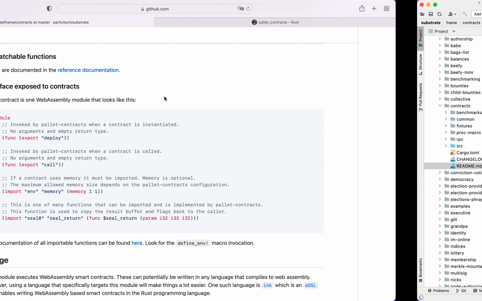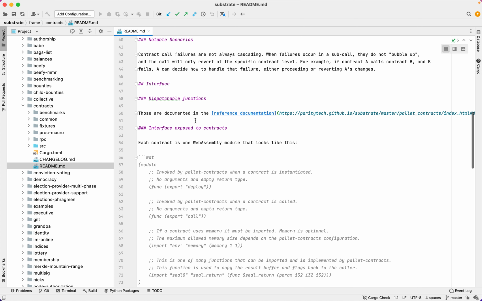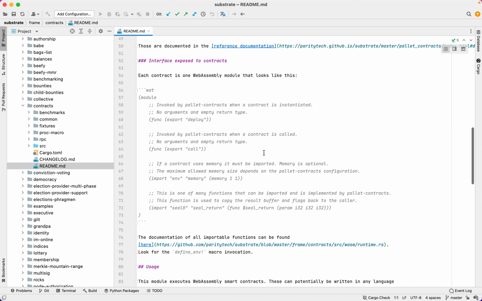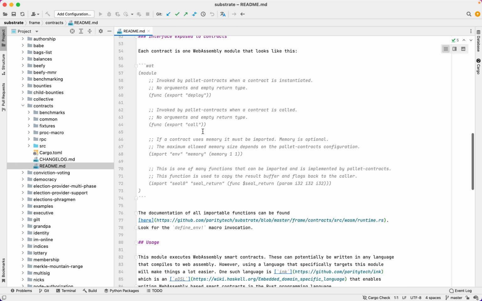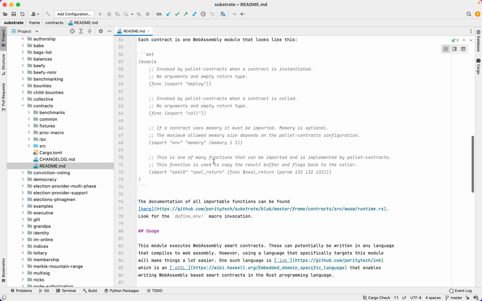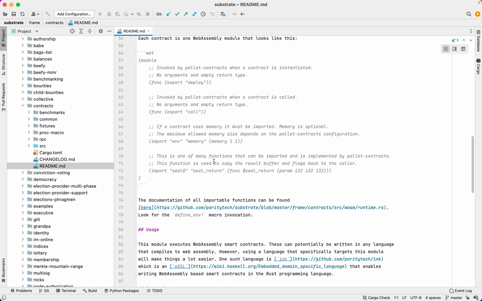Interface exposed to contracts. Each contract is one WebAssembly module that looks like this. (module ;; Invoked by pallet-contracts when a contract is instantiated. No arguments and empty return type. (func (export "deploy")) ;; Invoked by pallet-contracts when a contract is called. No arguments and empty return type. (func (export "call")) ;; If a contract uses memory it must be imported. Memory is optional. The maximum allowed memory size depends on the pallet-contracts configuration. (import "env" "memory" (memory 1 1))